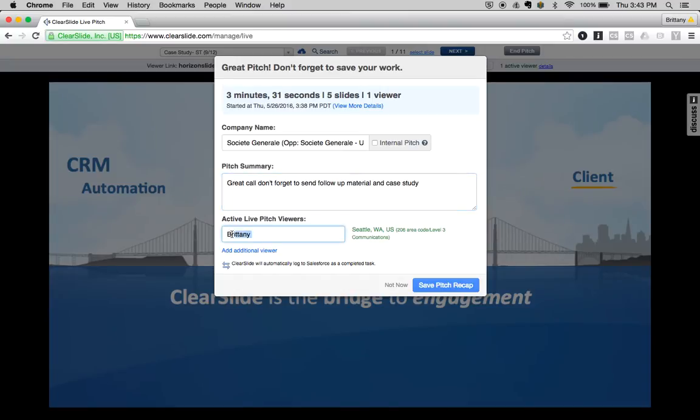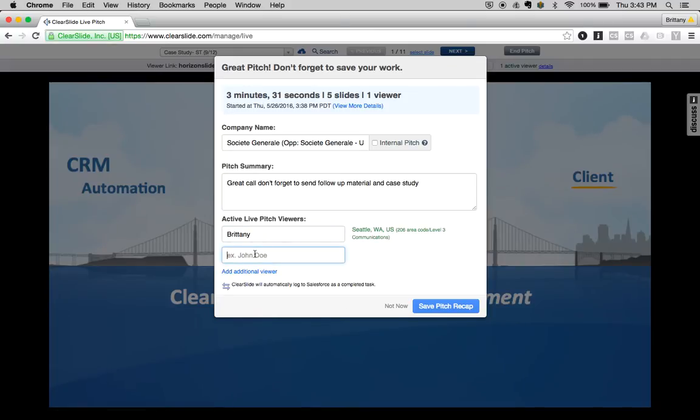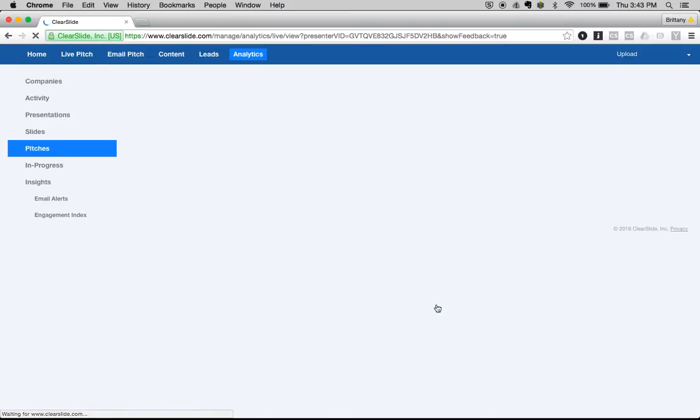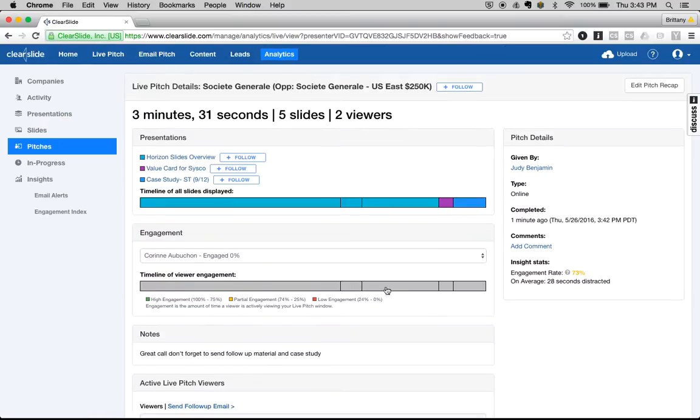I see that my active live pitch viewer is listed here. If I had multiple, they'd all be listed out if I had taken roll call. If I hadn't taken roll call and I need to enter them manually, you're able to just enter a specific contact. Looks like it's all filled out, so I can hit Save Pitch Recap, and I can look at an overview